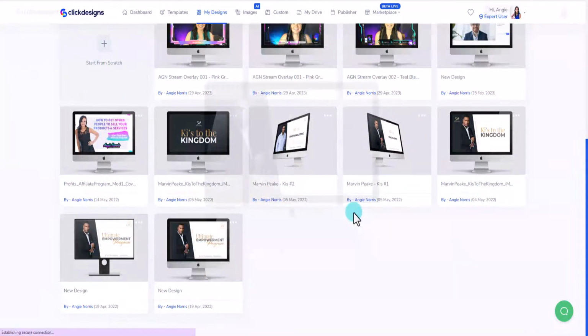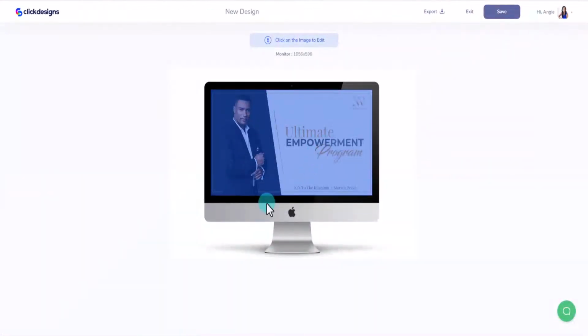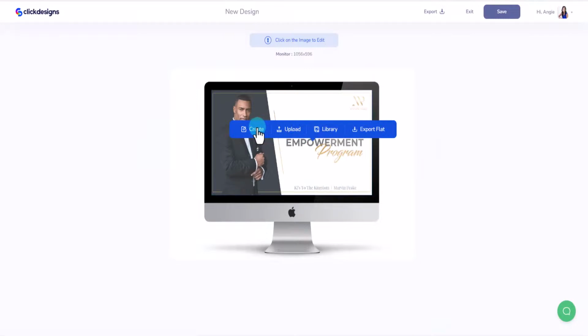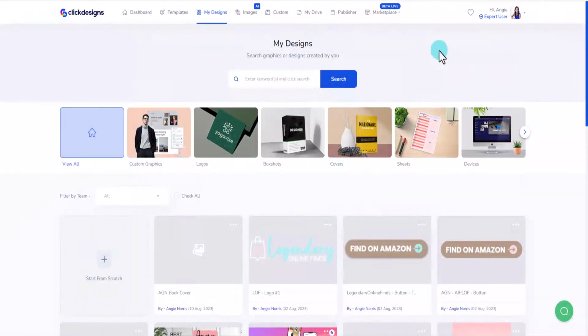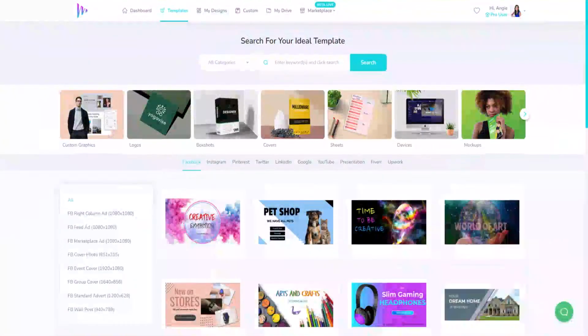So if I go into edit, you can see that I can edit this, right? I can actually create, upload, library, export flat. So that's what I wanted to show you inside my own account. But let's get back to my demo account, and I'm going to show you exactly what we can do in ClickDesigns. So back in ClickDesigns, I want to show you how to create a book cover,